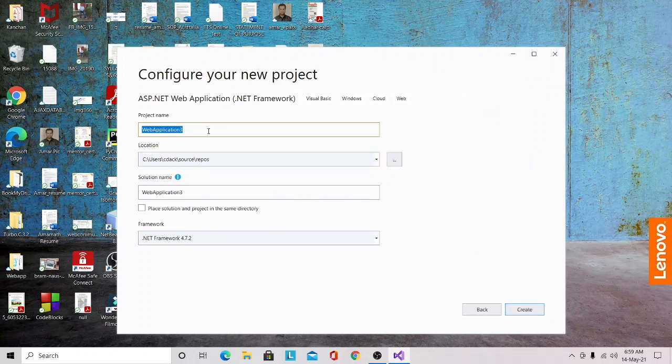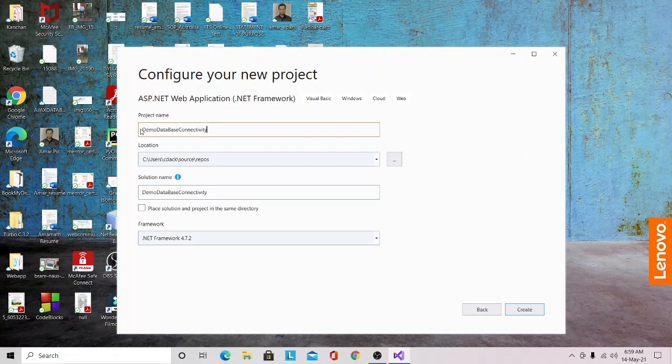Then the user needs to specify their respective project name. Here I will mention my project name as demo database connectivity.